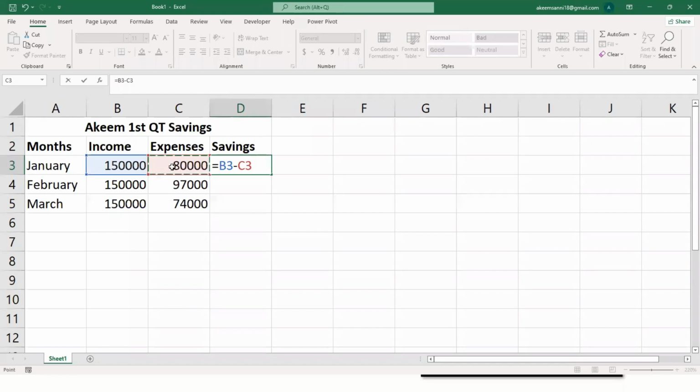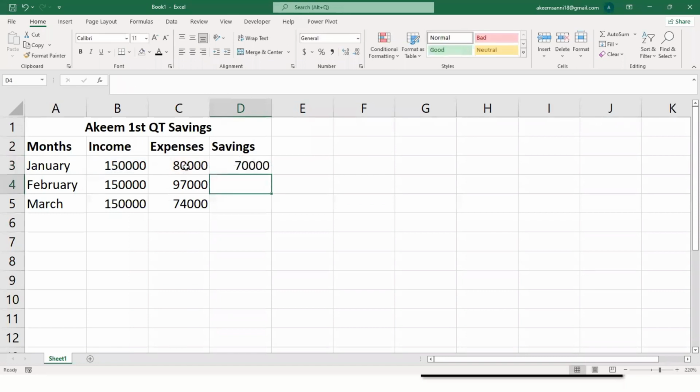So anything that happens in C3 will definitely affect B3. B3 minus C3: 150,000 because that is what I have in cell B3, minus C3, which is 80,000. I press enter, and now it gives me 70,000.